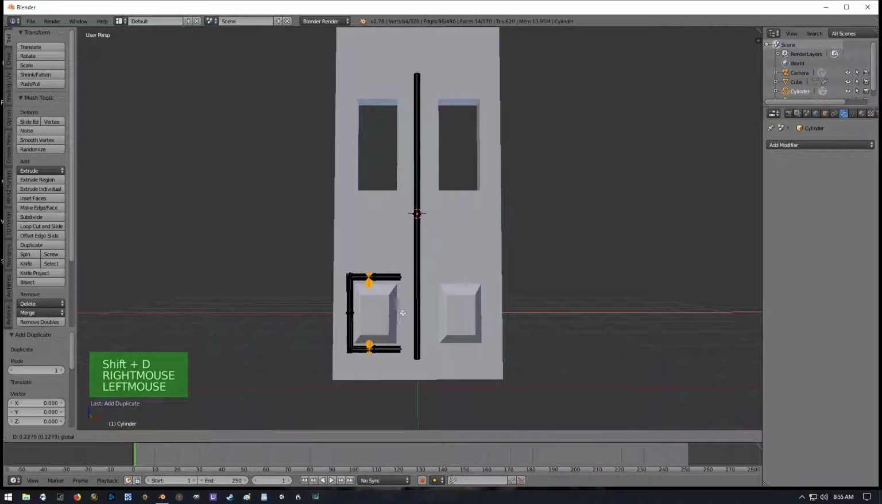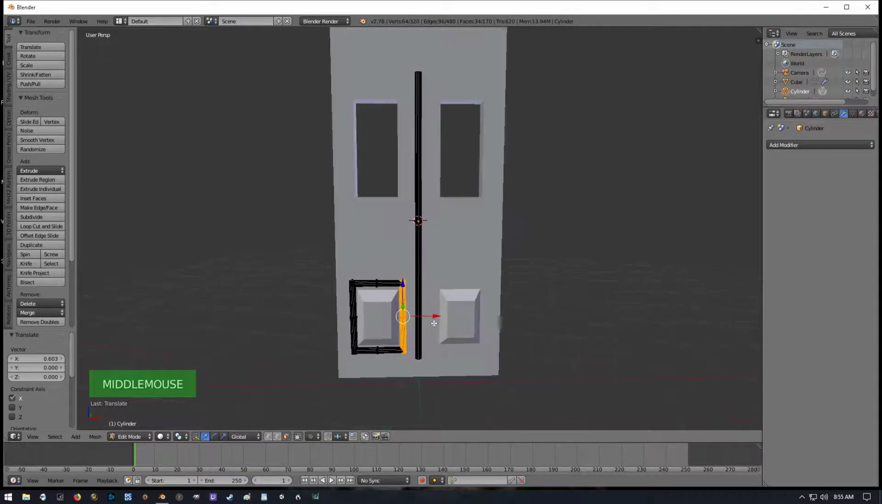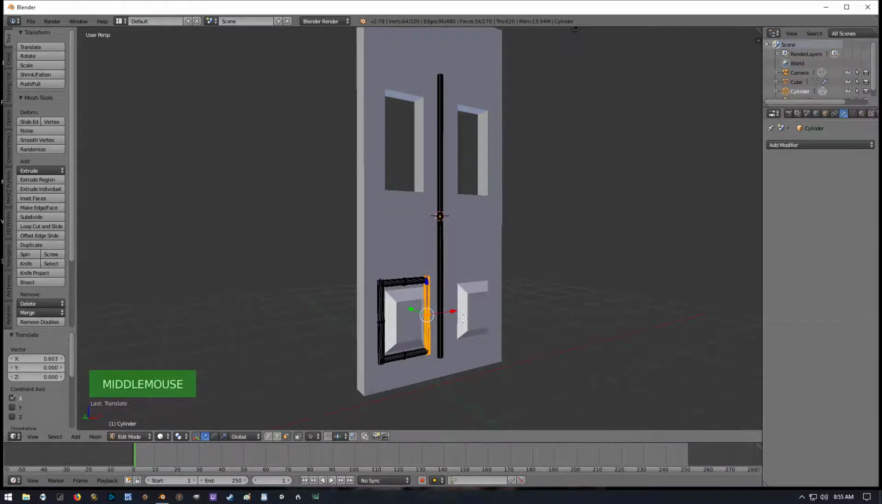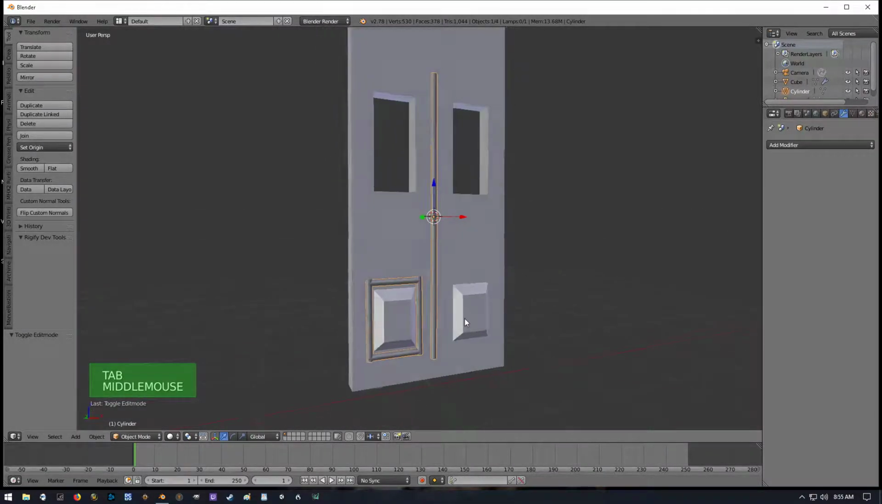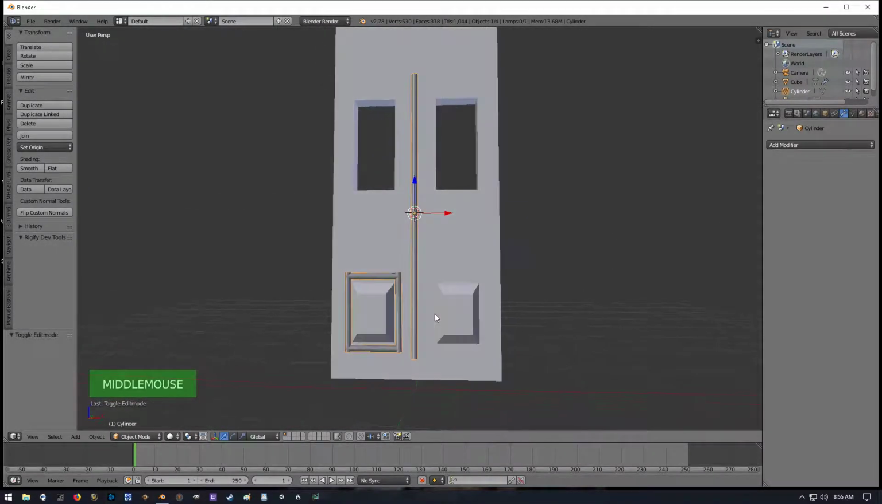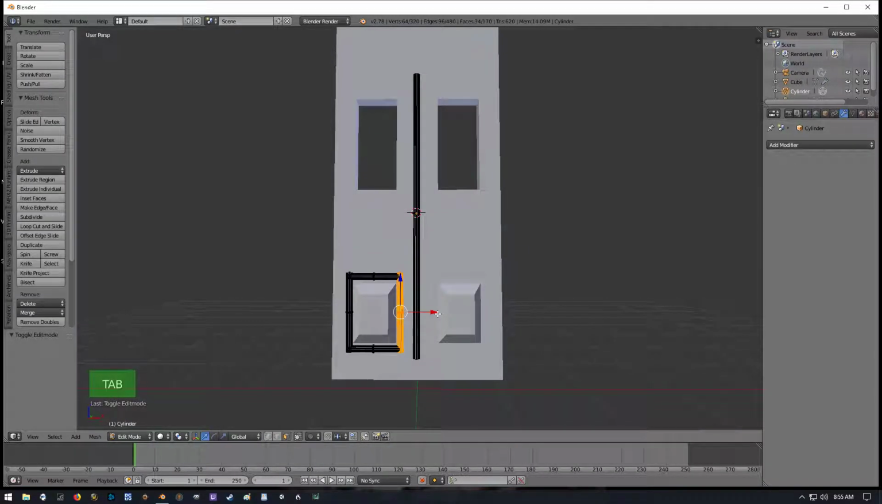Bring it over. Kind of get it to where it looks a little similar to that, which it's not because that other side is actually popped out. That's alright though. So hit tab, go into object view. Yeah, that looks alright. Okay. Let's